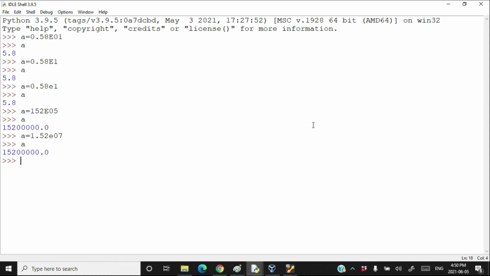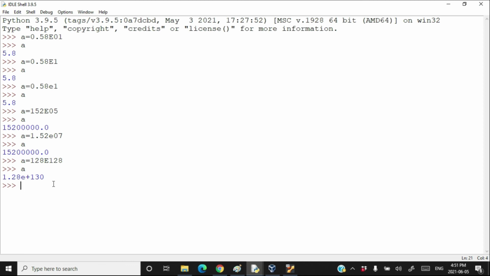Let's represent a very big number. Okay. A is equal to 128 E128. This is a very big number. Type A. It's printing 1.28 into 10 to the power 130. Okay, because it has used a decimal and increased the exponent by 2. Now you can think how easy it is to represent a too big number by using the exponent form. If you had to write that many zeros, how would you have managed writing that many 130 zeros?